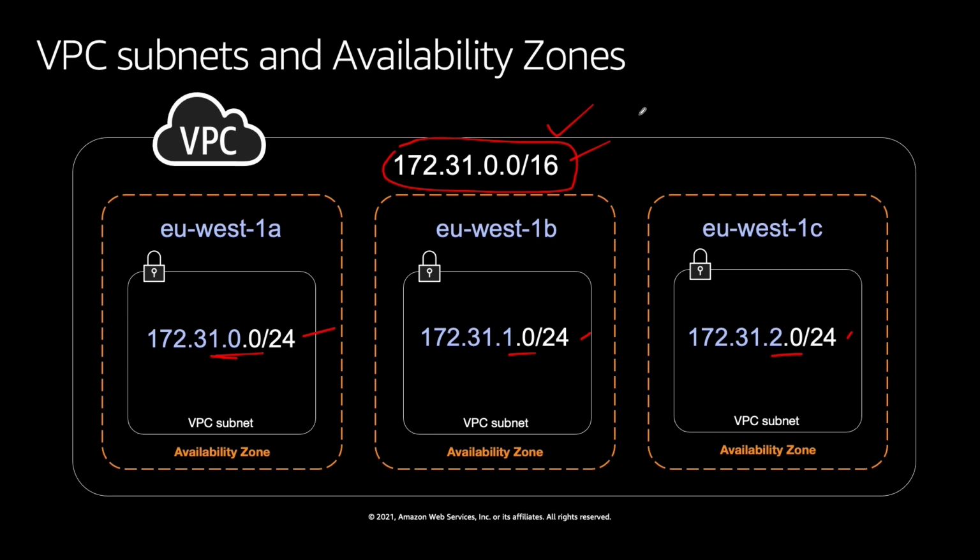Since this is a /16 IP address, we can get 65,000 IP addresses, right? Which is good enough for most organizations in today's world, though it is not unusual that people may need more than 65,000 IP addresses, given the way that we are consuming internet these days. But this is how the IP address gets allocated and sliced and diced, starting from the VPC CIDR to these subnet CIDRs. Okay, so that's about VPC.